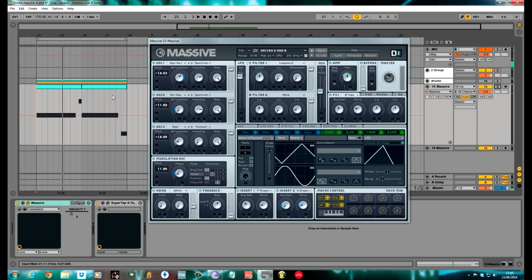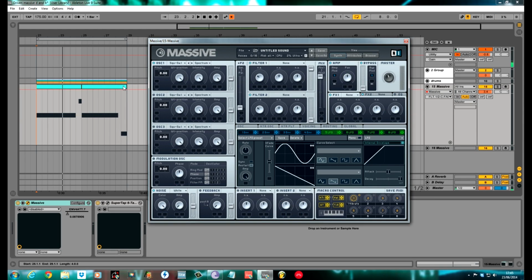There it is, nice deep pulsing drum and bass. So yeah, I'll go ahead and create a new instance of Massive. Oscillator 1, I kept on square saw wave as it comes as standard. Pull the wavetable position back to about 1 o'clock, pitched it down 1 octave, and offset it ever so slightly